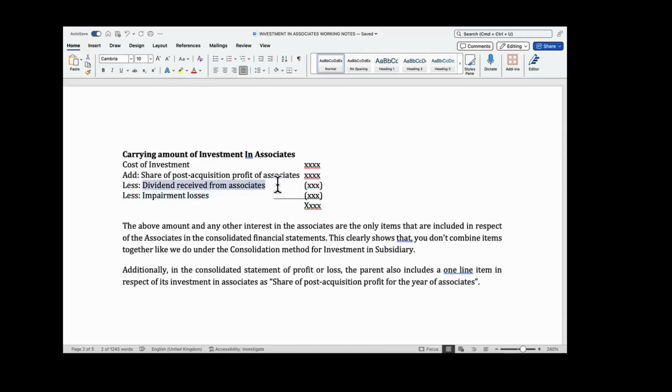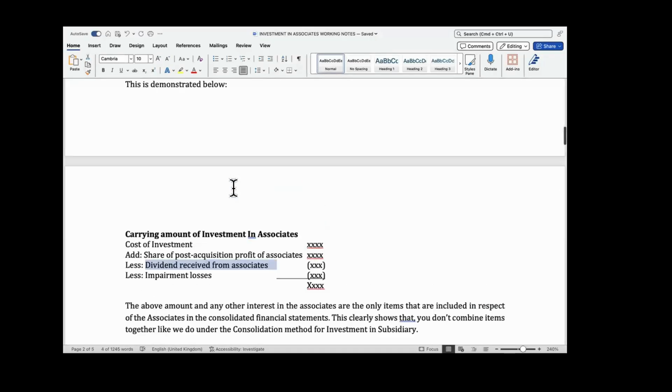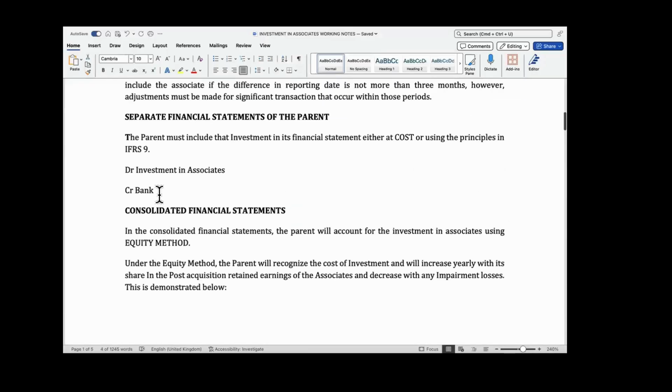And if there are dividends you receive from it, you cancel that out, because that's like intra-group transactions, right? Because you see why we are removing it from here, is that this dividend would also show, let me note it,